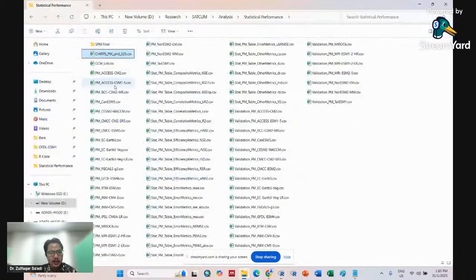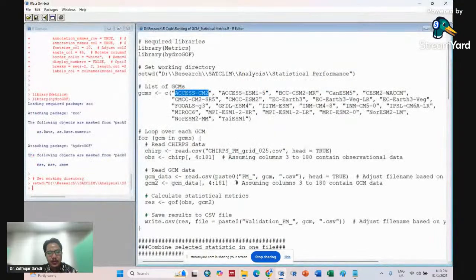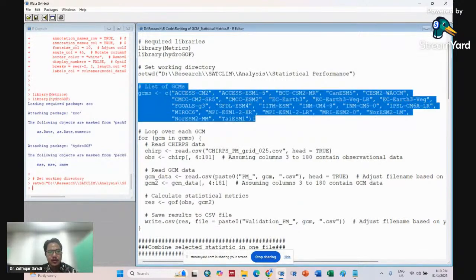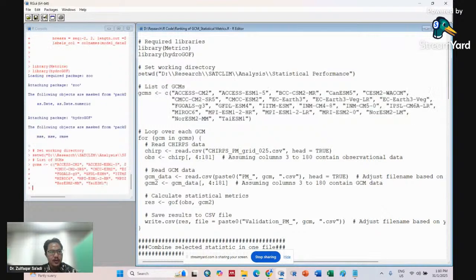My dataset here, I put PM underscore ACCESS-CM2, but I just read the ACCESS-CM2. Later on down here, I will read only PM underscore to adjust, so it will read all PM, something like that. So list all of your GCM here. Okay, I read the list of all the GCM, and then we make the loop for CHIRPS because we want to calculate the KGE, right? The KGE is calculated